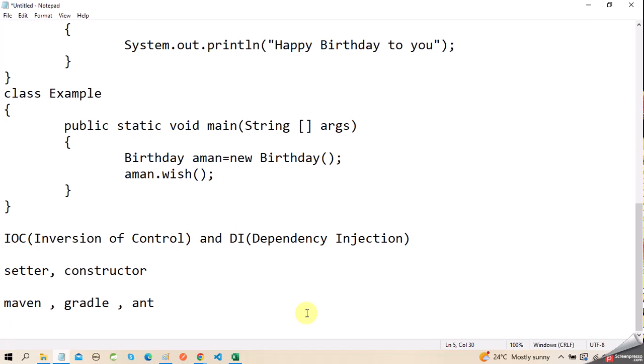Your huge application executes through a single button in a project build tool. I think you know about core Java. In core Java we have only a single file, a main file, and we can execute through the main file. But in a website